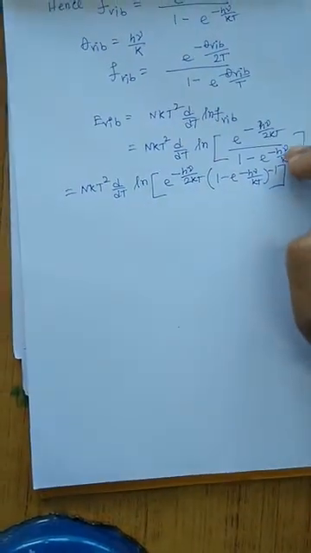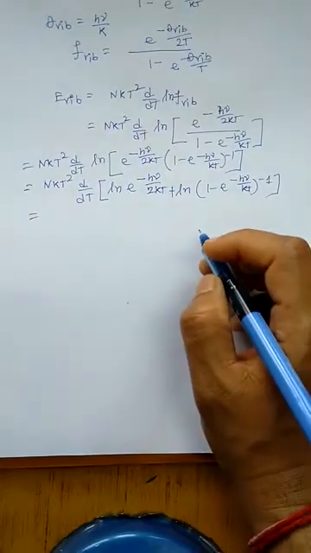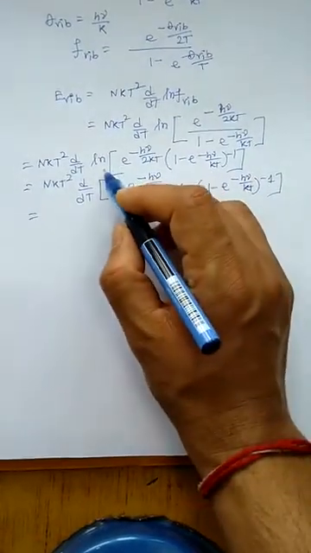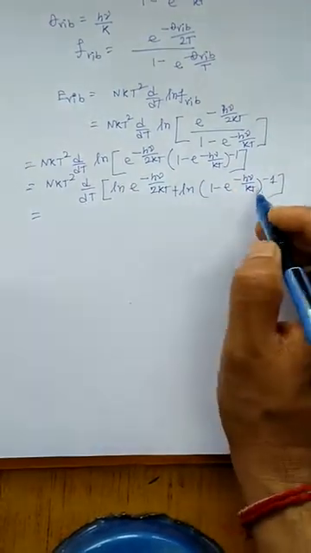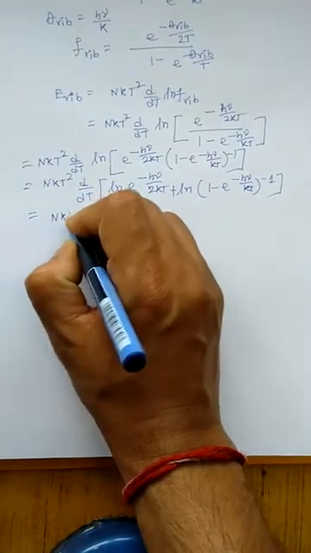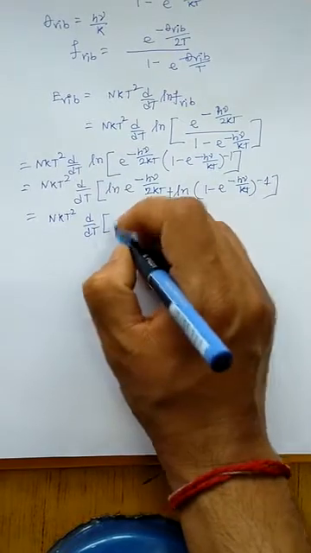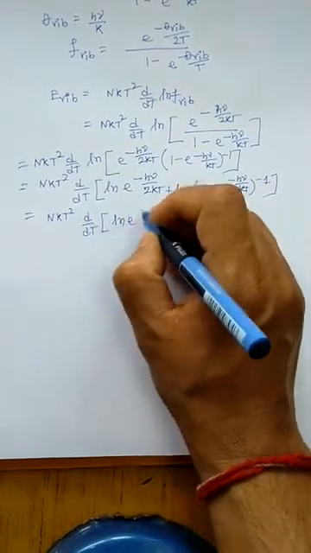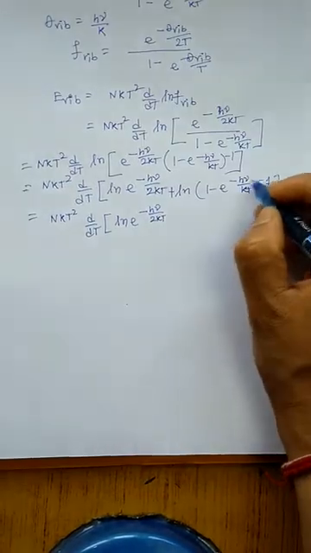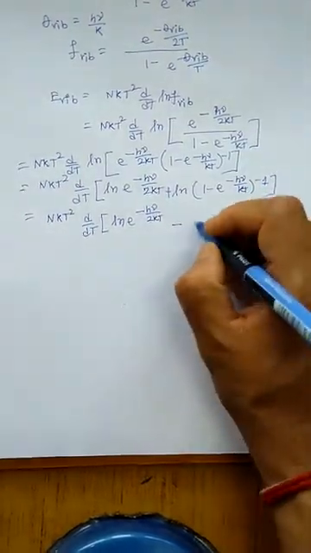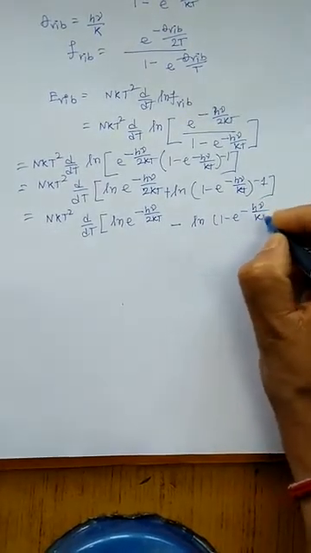I just put this thing in the same line, meaning I make it to the power minus 1. Putting the value of this, it is basically ln of x into y type function, so it becomes ln x plus ln y. Now I have simplified one step further, so it becomes d/dT, I will not operate right now, of ln e to the power minus h nu by 2kT, and we know that the power of the ln will come first, so it becomes minus ln(1 minus e to the power minus h nu by kT).